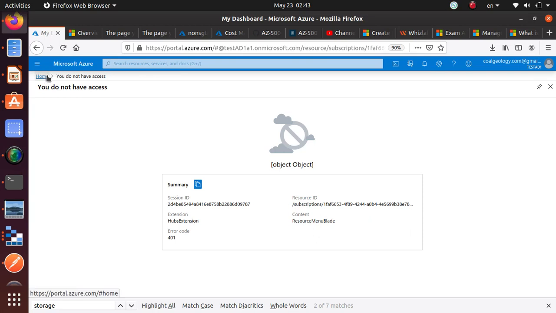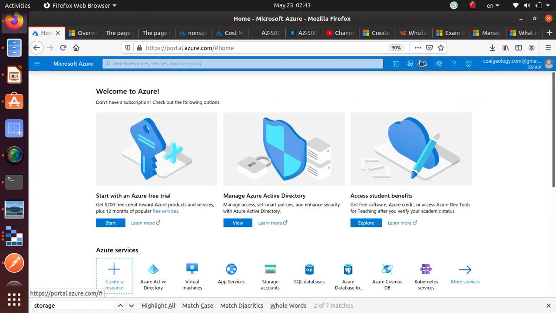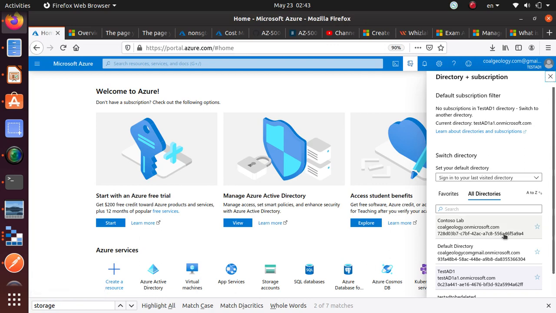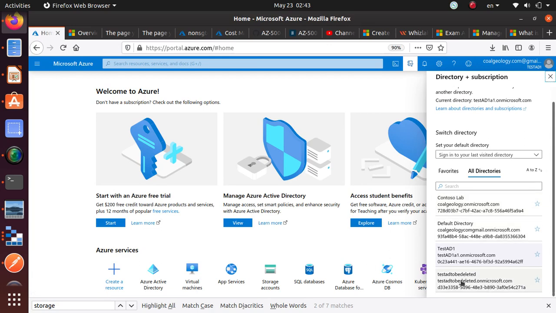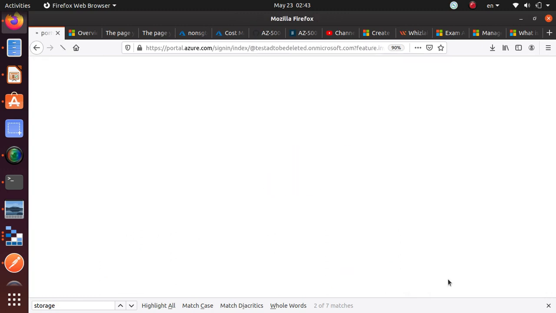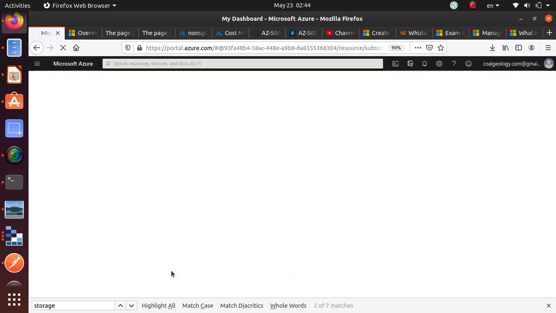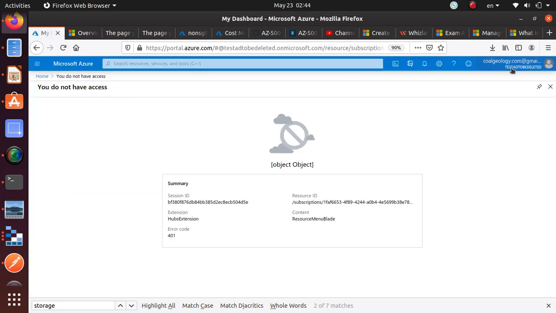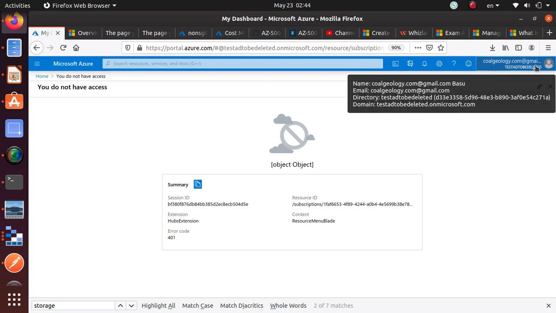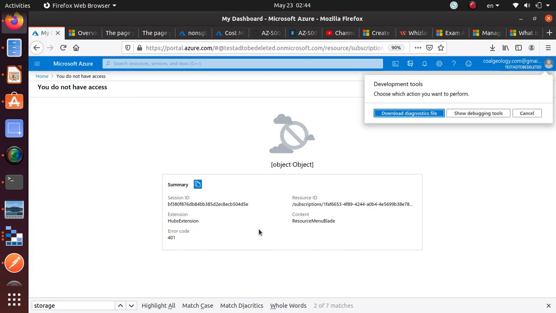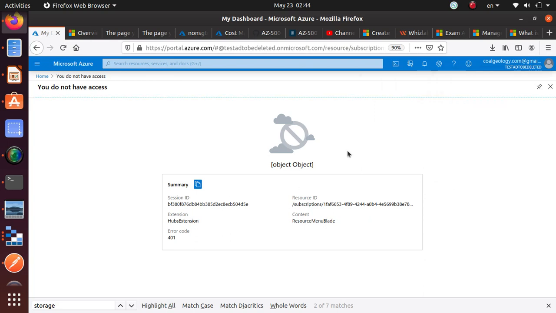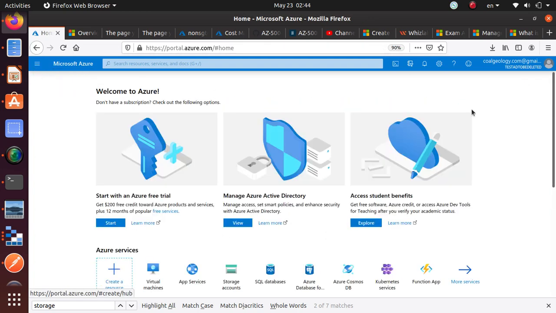I created a user, and from the user I created the directory. So let's see if I have access to any other directory. Looks like this to-be-deleted directory is available to me. So let's click on that one. Let's see if I'm able to access that directory. And here, one thing you see, once I change that one, it's saying I do not have access to the directory either. That's something I was not expecting to see, but